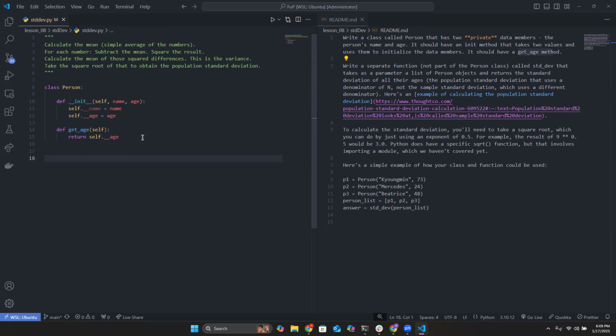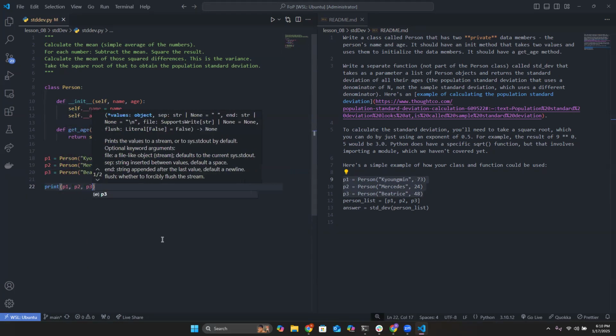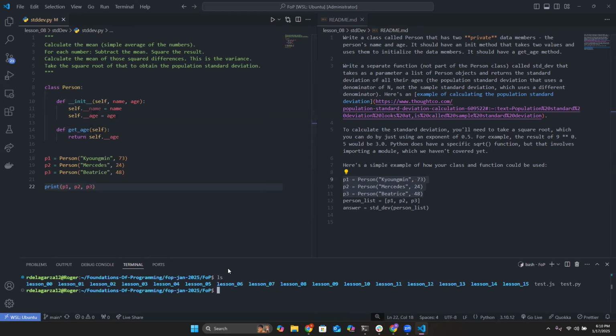Before I do the std_def, I'm going to make sure that my person class is working. I'm going to copy these 3 here to save myself some time to instantiate my person objects. So here is the person class, and each one of these person objects that I'm calling has its individual name and age assigned to variables. Now, if I print P1, P2, and P3 and run this,